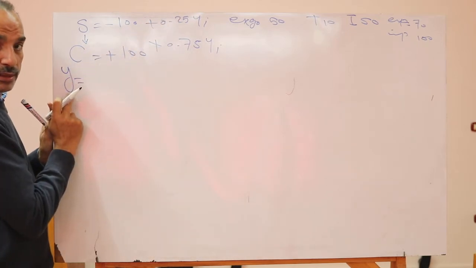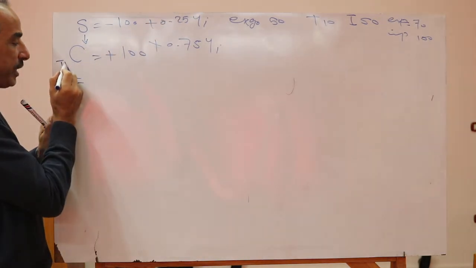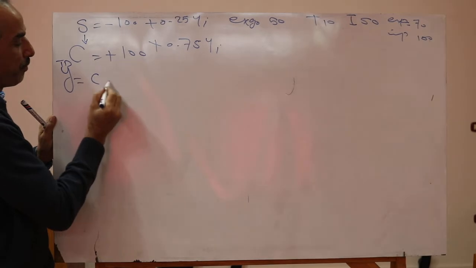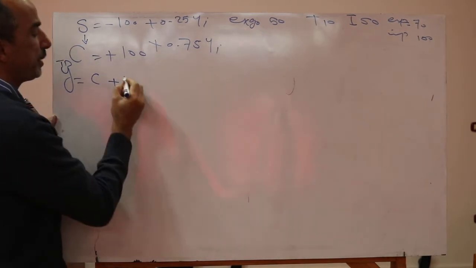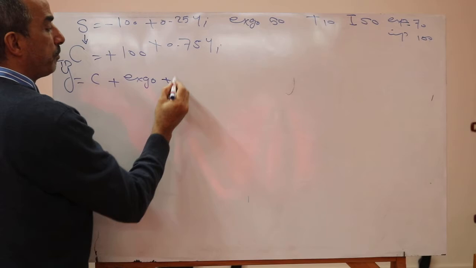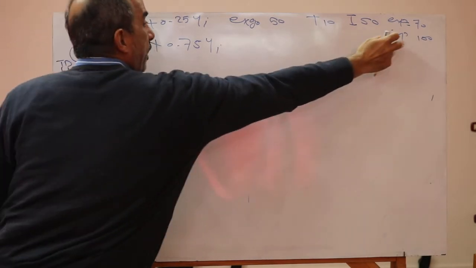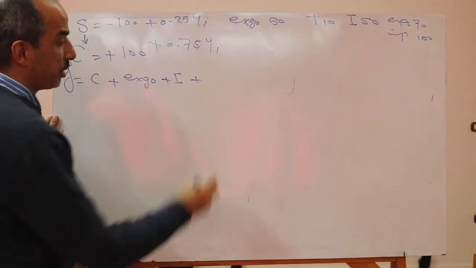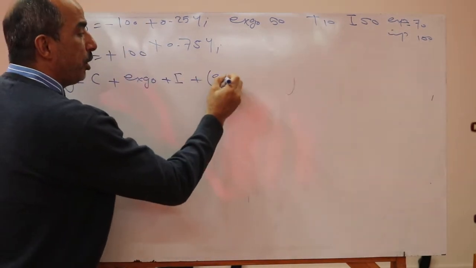The total income equals total demand, which equals consumption plus government expenditure plus investment plus the net foreign sector, export